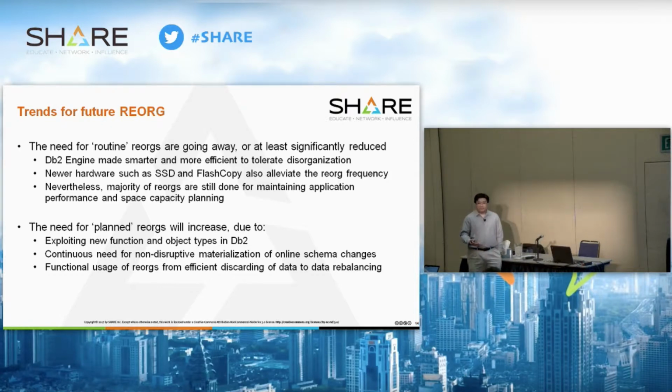Db2 is getting smarter. Hardware is getting better and better in terms of solid-state devices and FlashCopy usage. So a lot of those factors go into tolerating your disorganization and making the frequency of reorg even lower compared to before. But a lot of you, I think, still